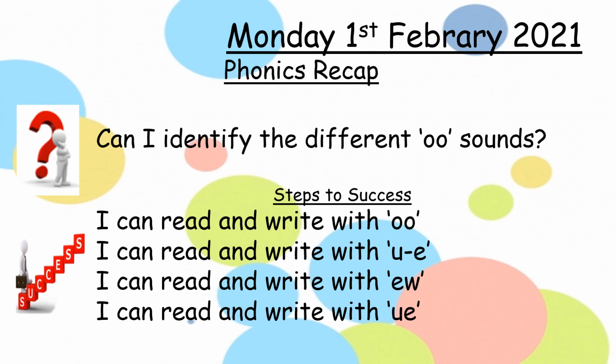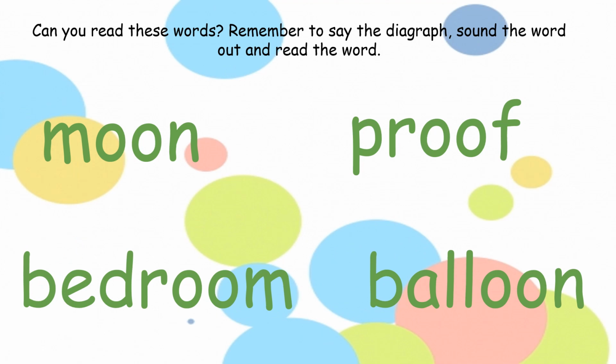So let's get started. On your screen you will see some words. I would like you to look at the first word, and remember, I want you to say the digraph, I want you to sound out the word, and then I want you to read the word. So have a look at the first word. What's the digraph? Oo. The usual sounds: oo,